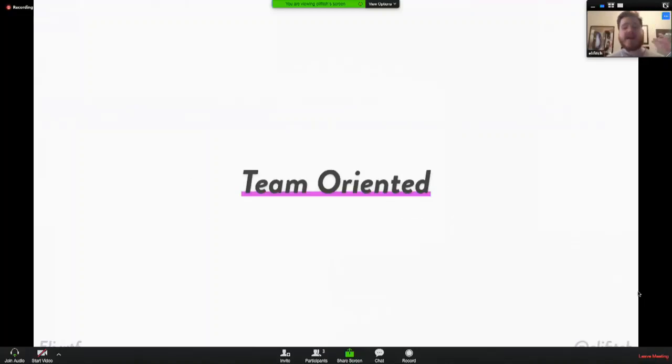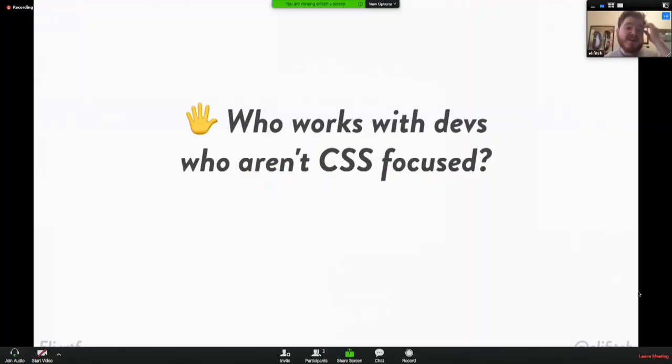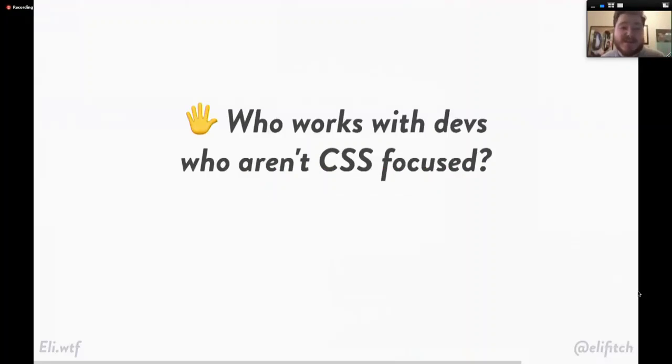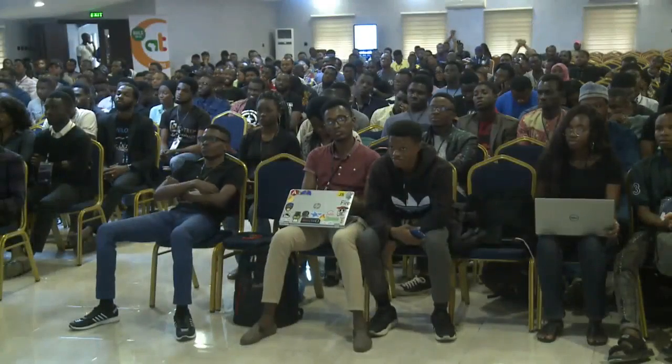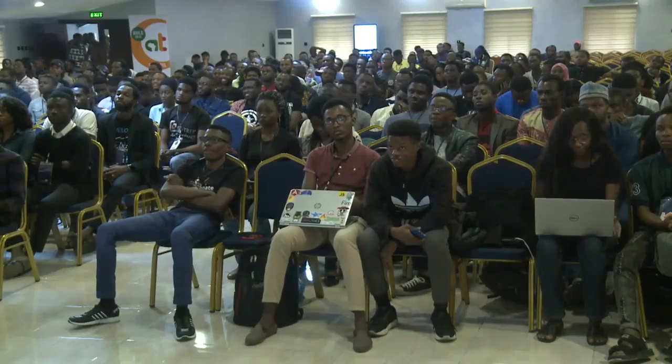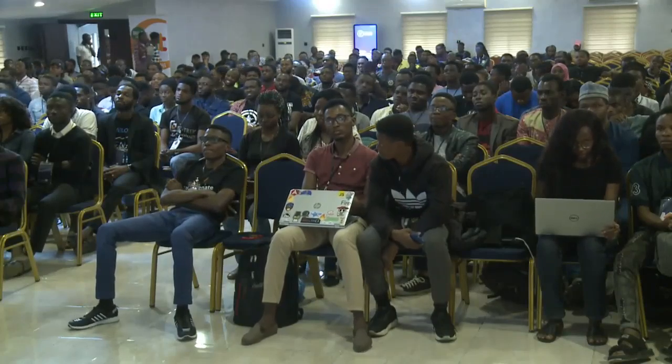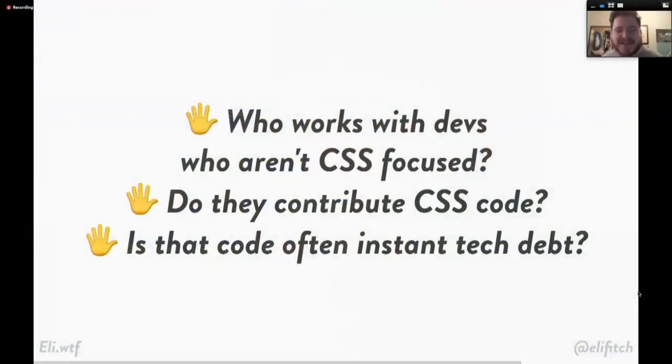And finally, it's team-oriented. So show of hands, who works with developers who aren't CSS focused? And keep them up if they contribute CSS code. And keep them up if that code is often instant technical debt. Honestly, I can't actually see if there are hands, but this has definitely been the case for me and has created a lot of problems on teams, and it's created sort of unhealthy interpersonal relationships where CSS-focused developers end up being like the CSS police or the CSS janitor